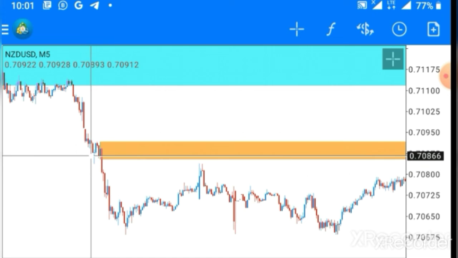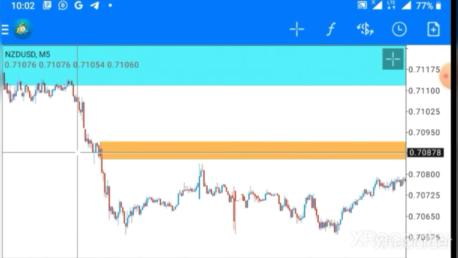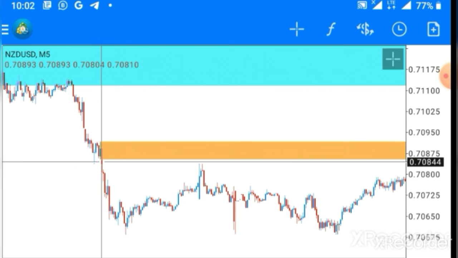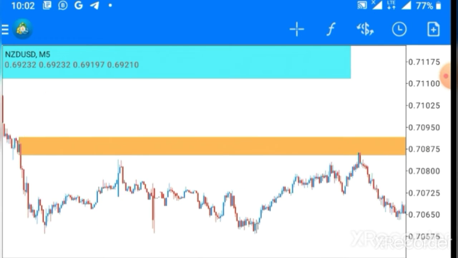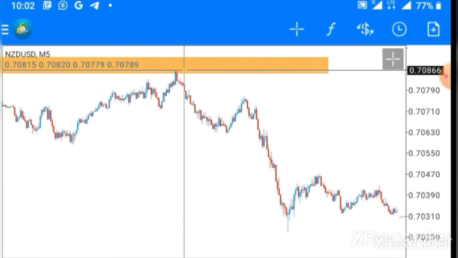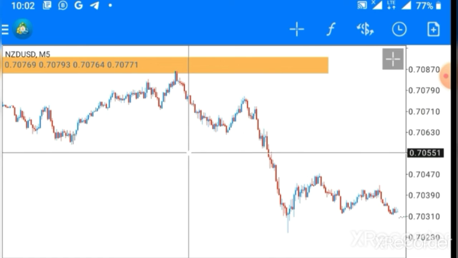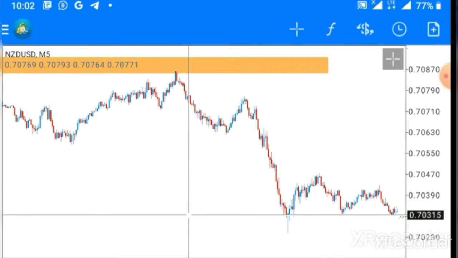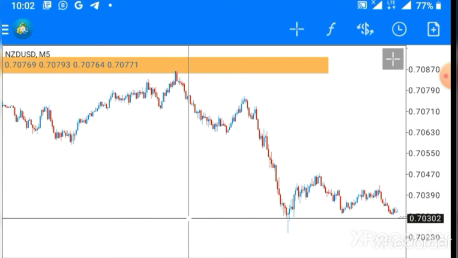The OB sitting here, the blue candle sitting here is your OB. I told you, your OB is the last opposite candle before the break of structure. So this is the second break of structure. And the blue candle sitting here is your OB. So you mark that OB out as your lower time frame OB. Now look at what happened here. When price returned to that OB, your lower time frame OB, look at how it reacted and dropped aggressively. It dropped aggressively.